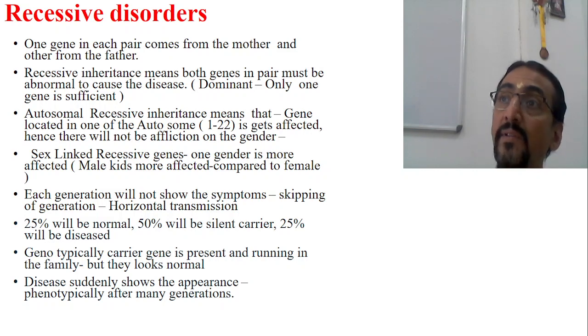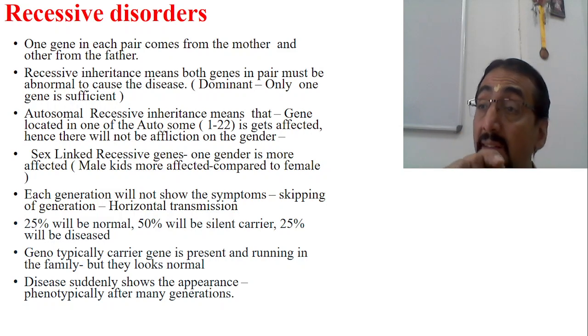Okay, one X is present only in the males. In the males, X and Y are present, whereas in females, X and X are there. Two X are there. So, X-linked